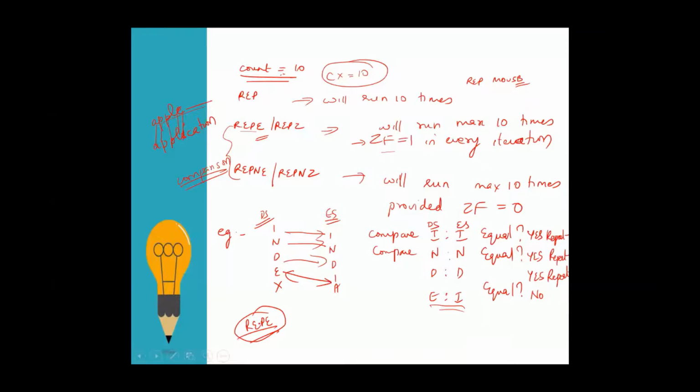See, where is REPE used? What is my objective here? I want to find out whether index and India are the same. So first I'll compare I and I. Only if I and I are the same, I need to compare N, right? Suppose my index is here and